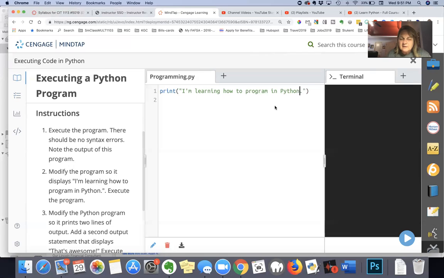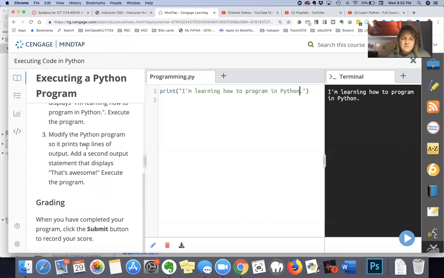And so now execute the program. In order to execute the program, I would click this button over here and it runs it. And when it runs, this is what it would look like on the computer. I'm learning how to program in Python. So after you modify it,